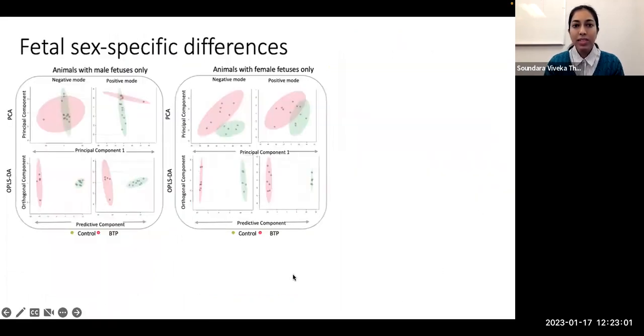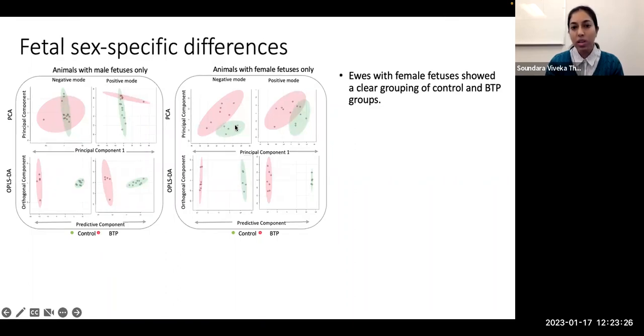So looking at the fetal sex-specific differences. I already indicated that these animals were from same-sex pregnancies. So we grouped the animals based on the sex of the fetus into animals carrying a male fetus and animals carrying a female fetus, and then looked at the metabolite profile in these animals. So we can clearly see that animals carrying a female fetus had a more clear grouping of the metabolites based on the PCA and the OPLS-DA analysis,